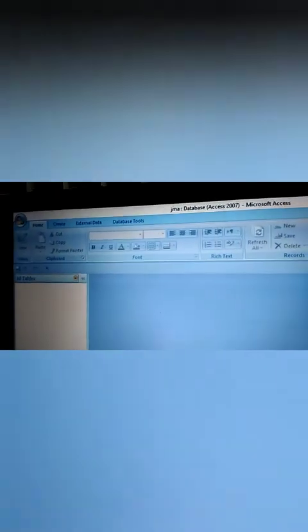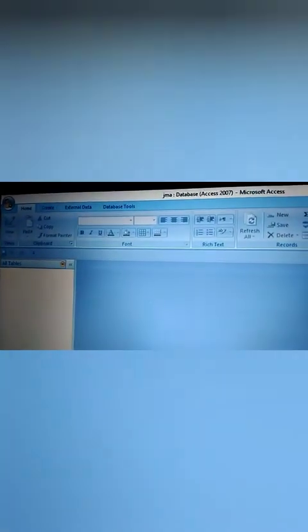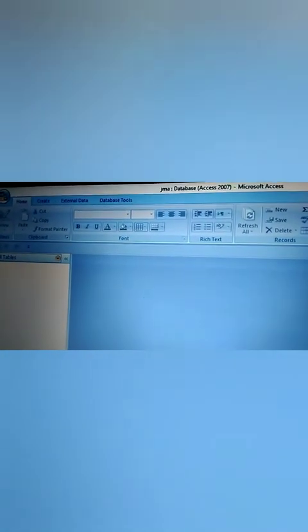This is the menu bar used to create a database file. There are many names. This one is the Home button. This one is the Create menu bar, External Data, and Database Tools.